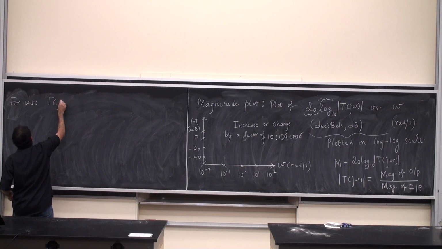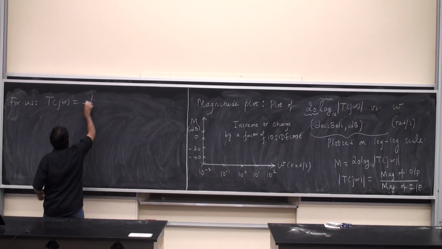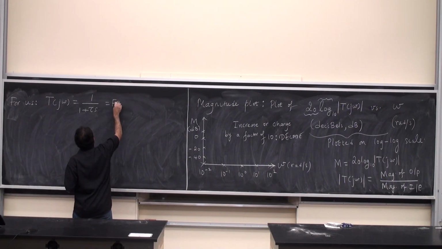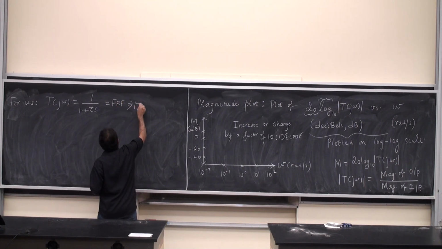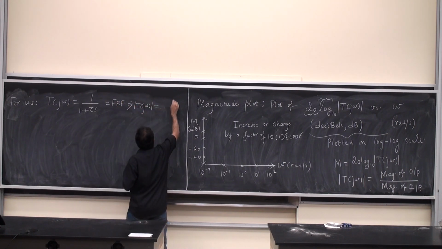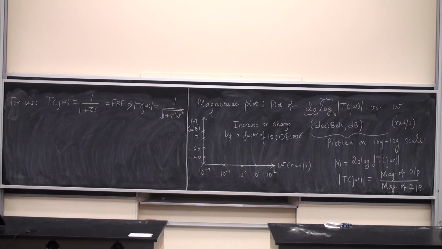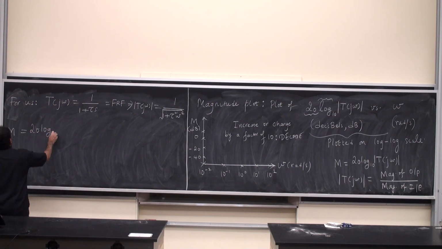T of j omega was 1 by 1 plus tau times s, we know this. And so this is the frequency response function, and so the magnitude is 1 by square root of 1 plus tau square omega square. Okay? I want to plot the Bode magnitude plot. How do I do this? Here is what we do. So M is 20 log 10